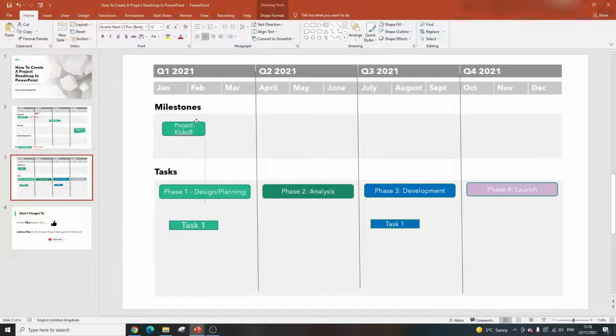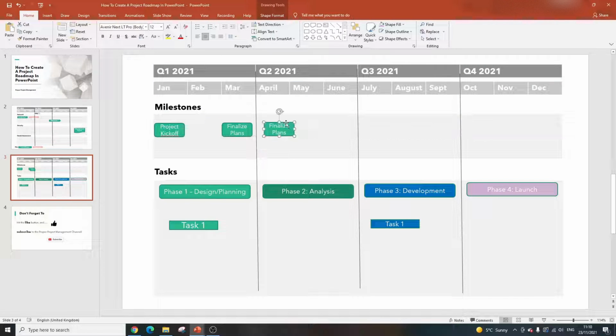It's going to take place, let's just get it in Jan. Project is kicking off in Jan Q1. Control C, Control V. Then in March, we've got another milestone: we need to finalize our plans. Finalize, I think that's how you spell finalize. Yep, finalize plans. And then in the next month, another milestone would be, I don't know,